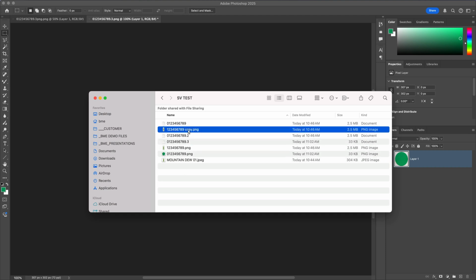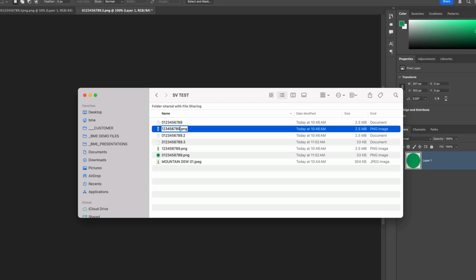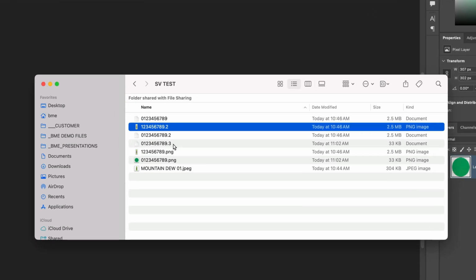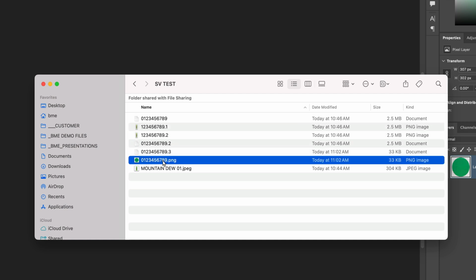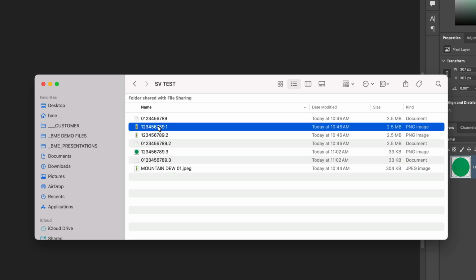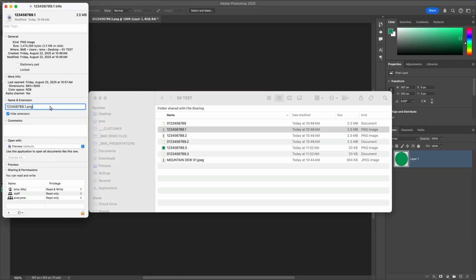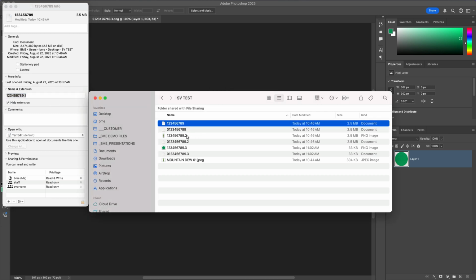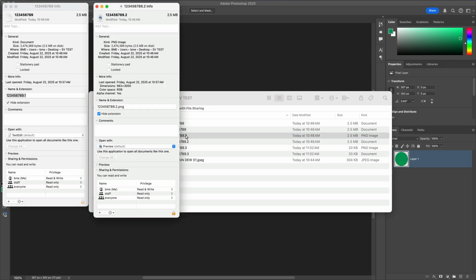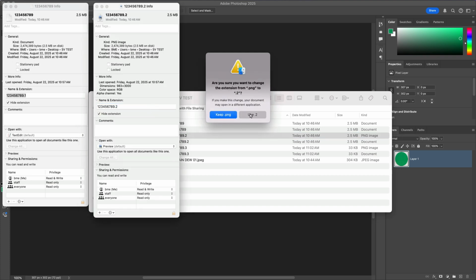Now let's take that front PNG and give it a random number representing the UPC code. Copy and paste it. Change the extension to .1, .2. The top we change to .3. Get rid of that PNG and tell your Mac you want to use .1, .2, and .3 to do the